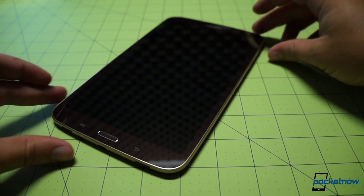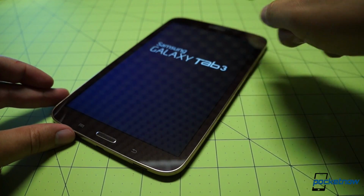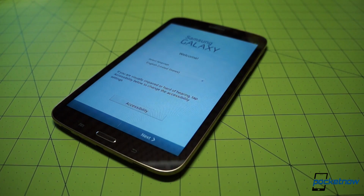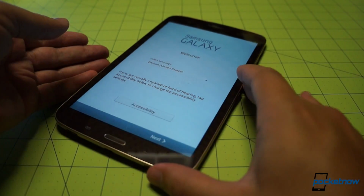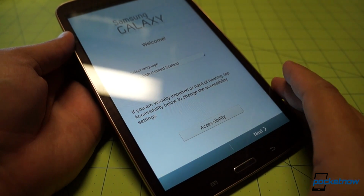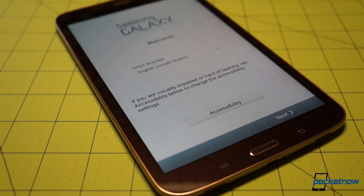And for our last trick, we'll go ahead and power on the new Tab 3 8.0. Press and hold and power, and there we go. We can see by the brightening around the edges that this is an LCD panel. And as it powers up, we'll just mention here that the Tab 3 8.0 packs the same line of features found in the rest of the more recent Galaxy lineup. The IR blaster comes with a universal remote, along with Samsung's Watch On service, which we saw called out in the literature earlier. And of course, the access to the various Samsung content stores, and TouchWiz running on top of Android. And there's our welcome screen, ready to usher us into the Android experience on the Samsung Galaxy